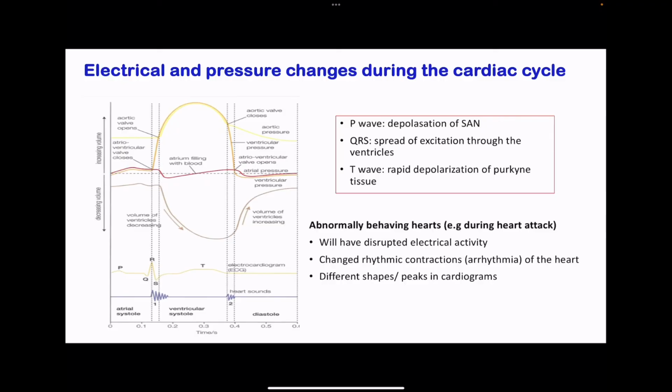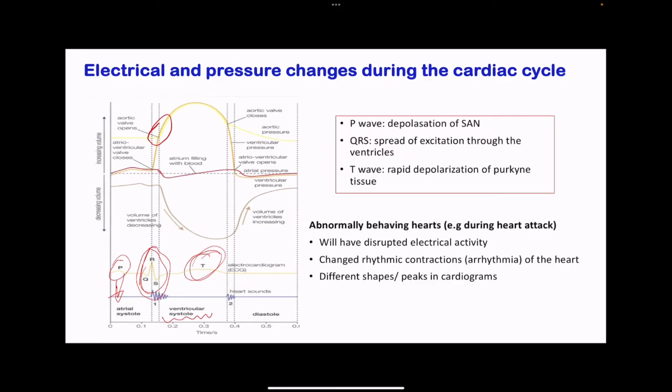Here we see the electrical and pressure changes during the cardiac cycle. I've already talked about the P wave, the QRS complex, as well as the T wave. This is for atrial systole. This is for the depolarization of the ventricles resulting in ventricular contraction, and this is for the recovery or the repolarization of the ventricles. Here we can see the aortic valve begins to open when the ventricles are beginning to